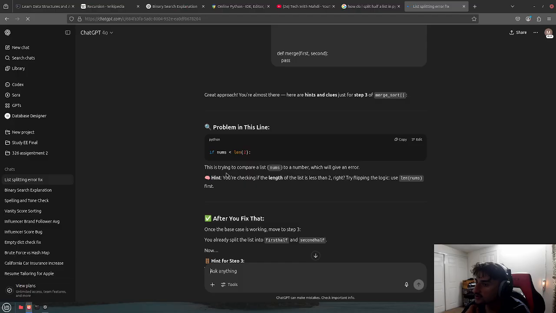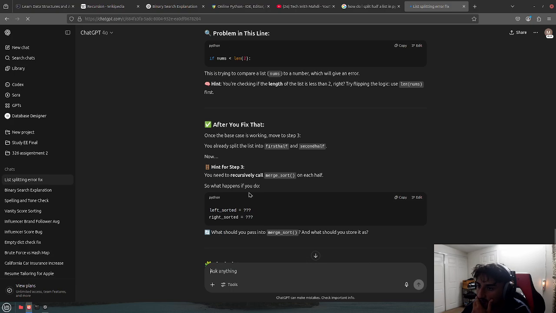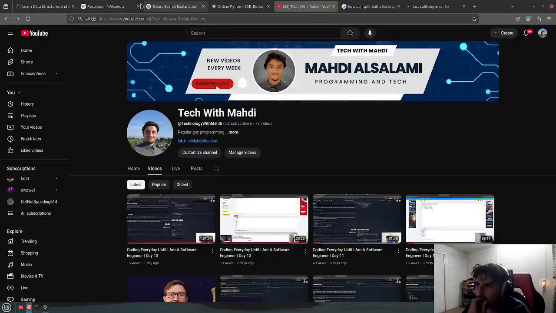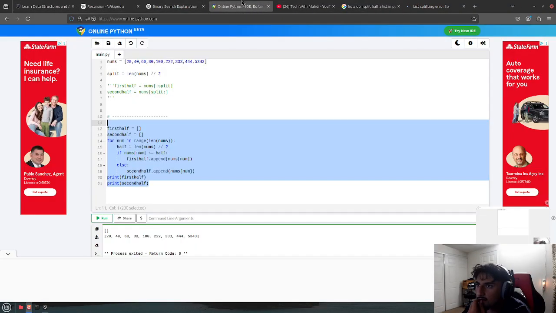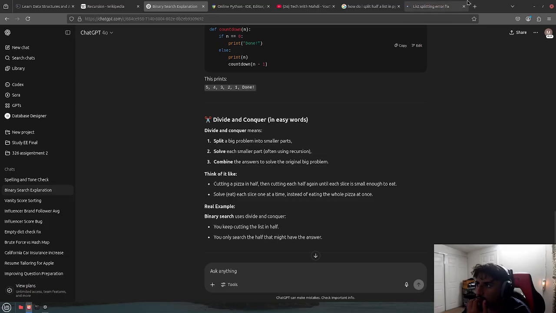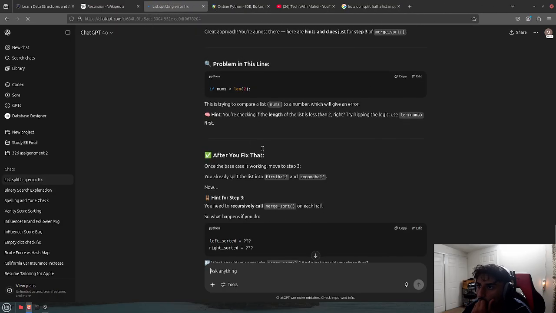If nums is less than, after you fix that, once the base case is working, move on. You already split the list into first step. You need to recursively call merge sort on each half. So what? If length? Wait, what did I do? It's saying that's a problem? If nums is less than